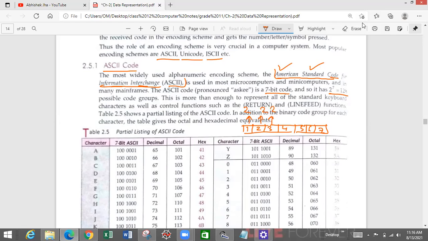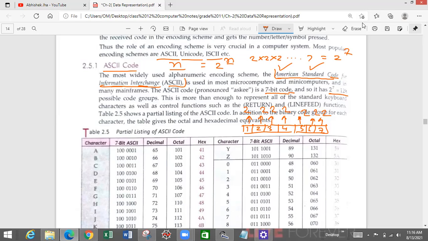So for every bit, 2 options are there, 2 possibilities are there. So using a simple probability or permutation and combination formula, I know that total possible cases are 2 into 2 into 2 into 7 times, which is equal to 2 to the power 7. So if you are using an n-bit coding, for any n-bit coding scheme, there are 2 to the power n possible combinations or symbols that can be entered.